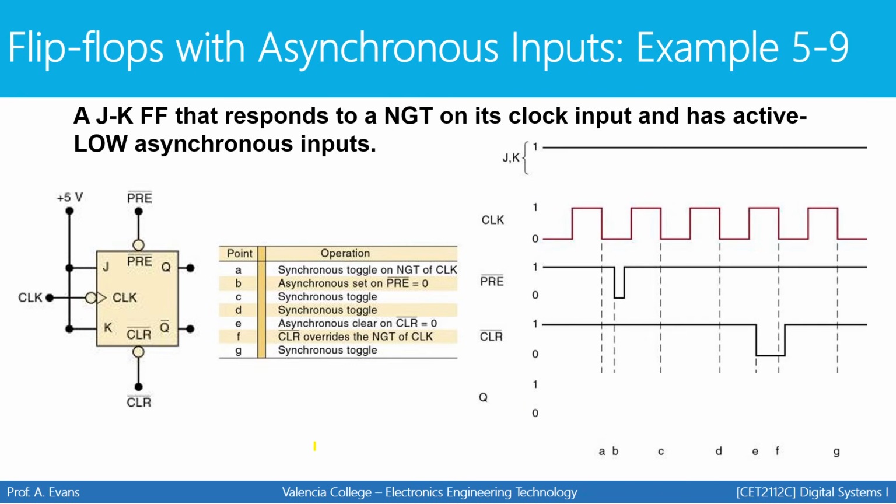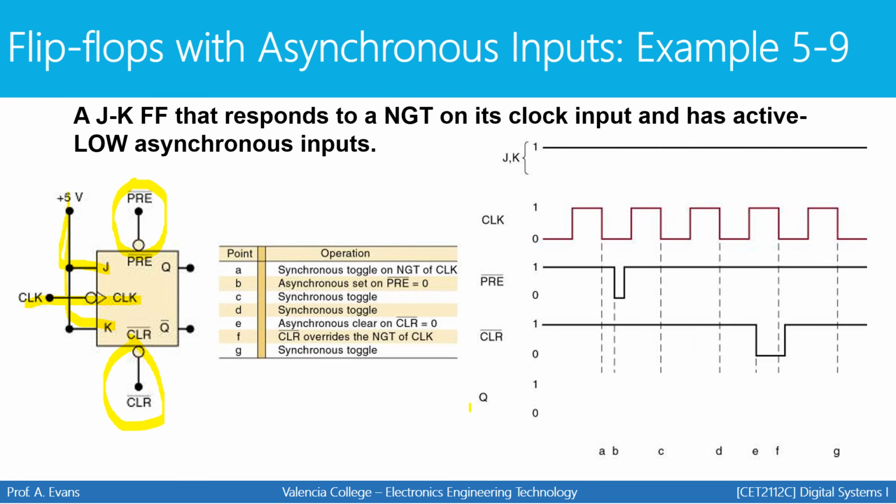So let's see an example. Here's our JK flip-flop. It responds to the negative edge of the clock. So now we're looking at negative edges instead of positive ones. J and K are both tied to 5 volts. That means J and K are both 1. That means every time the clock makes a negative transition, the flip-flop is always going to toggle. If J and K are both 1, that's the toggle state. So it's always going to toggle unless a low is being sent here or a low is being sent right there. So let's take a look at the waveform